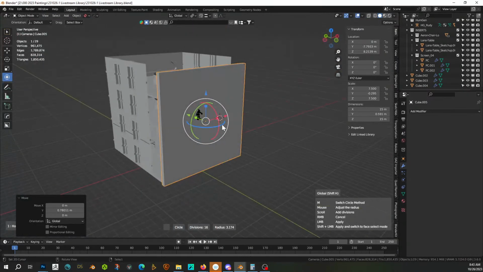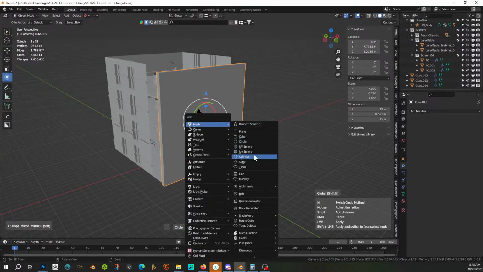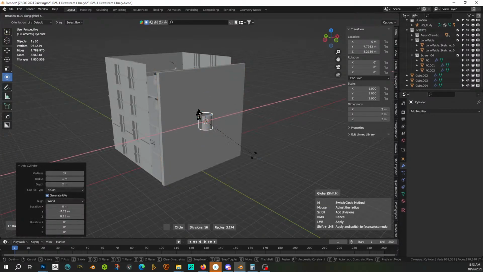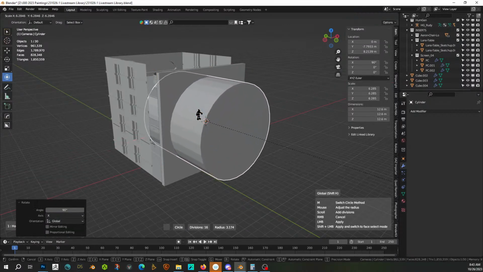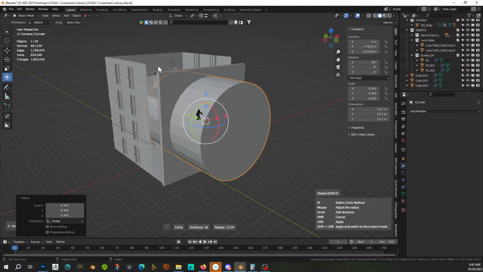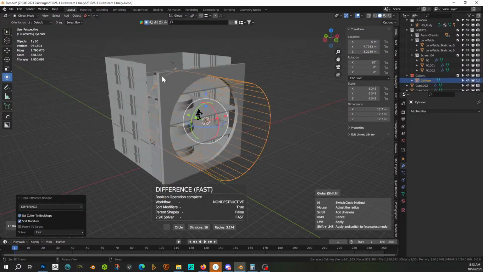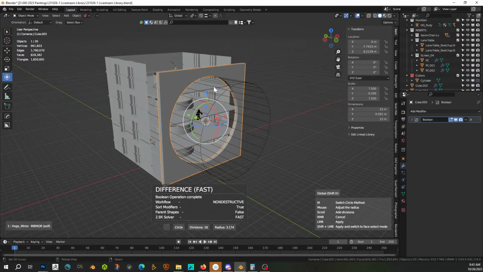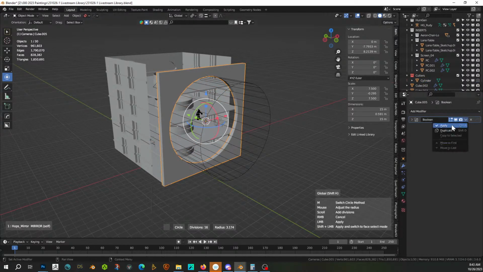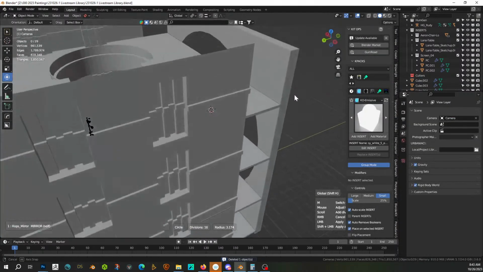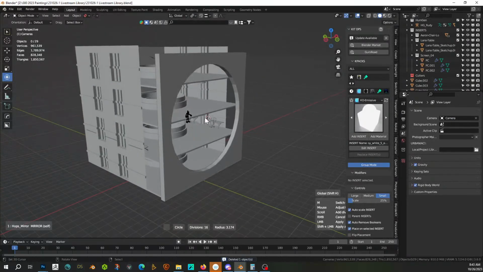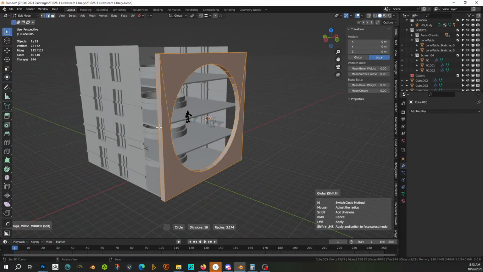Cool. Now, Shift S2, center, Shift A, mesh, cylinder, RX90. Scale that bad boy up to like that. And then Boolean cut it from that and apply. And there we go. And then now, just to make our light bleed issues better,